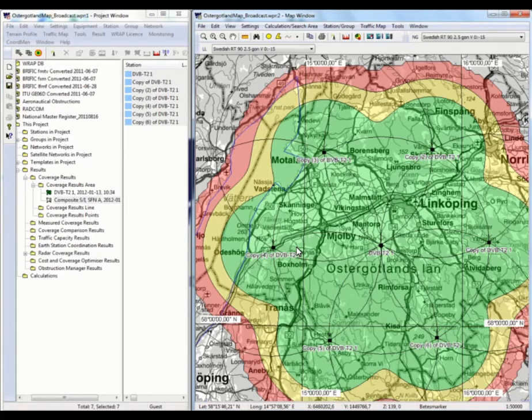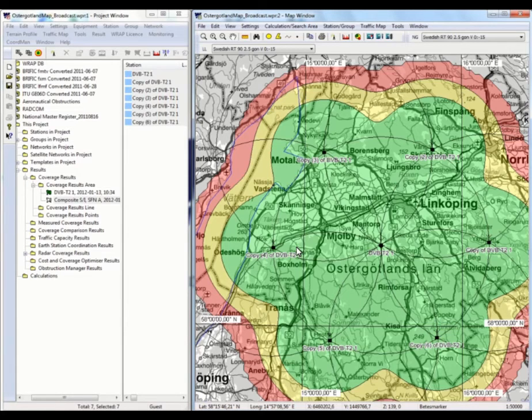I would also then, in a complete demonstration of this, run the frequency assignment part of the broadcast tool, which is here, but that is a fairly similar type of presentation that will follow in a separate video